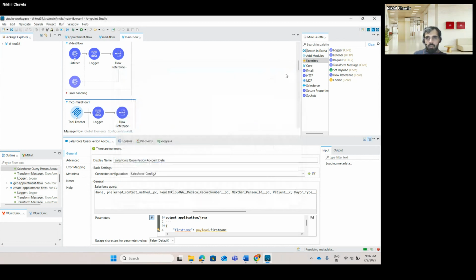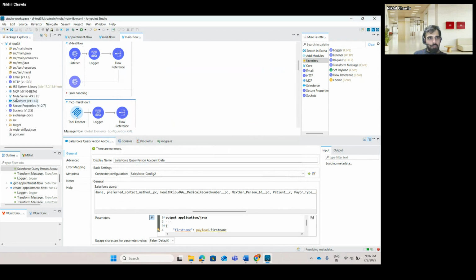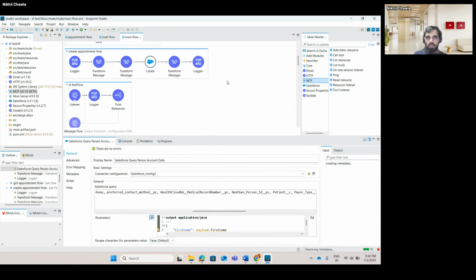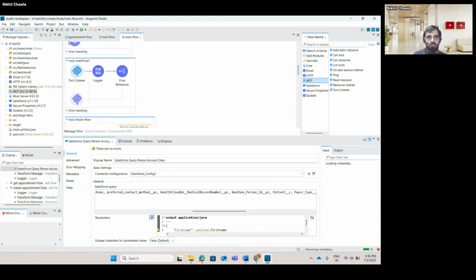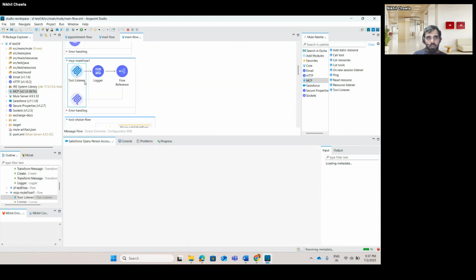You will see the MCP over here, right? These are the functionalities the server and the protocol support: to list the tools, to list the resources, and all that stuff. The major thing to set up an MCP server is the tool listener. So instead of a normal listener, now you have a tool listener. This one is just a replacement of this. This is the original flow: you have a listener and everything is the same, right? Now instead of the HTTP listener, you have a tool listener. So in the tool listener,